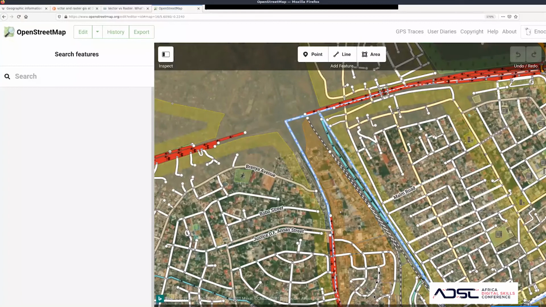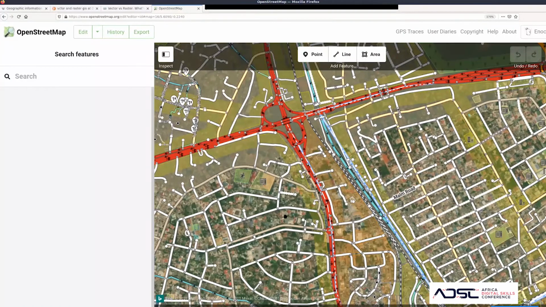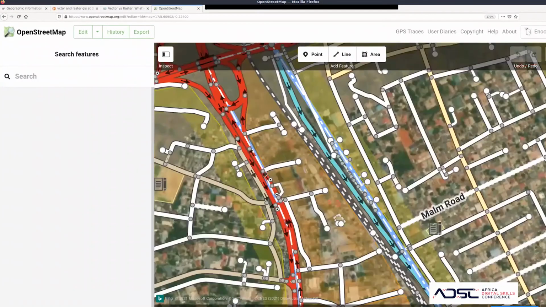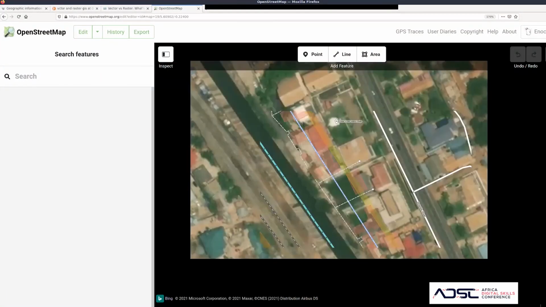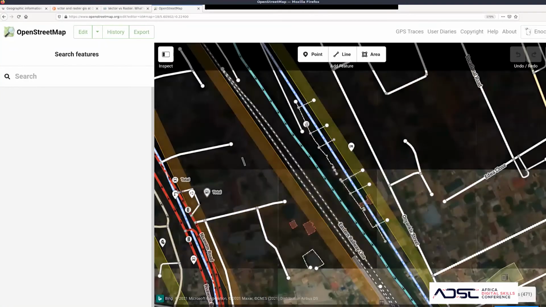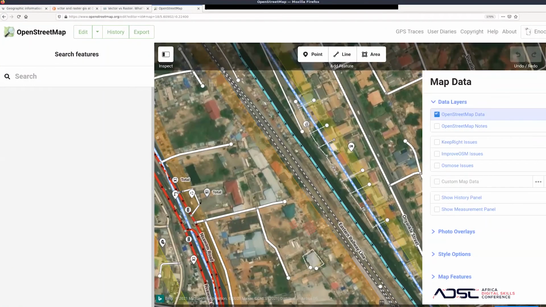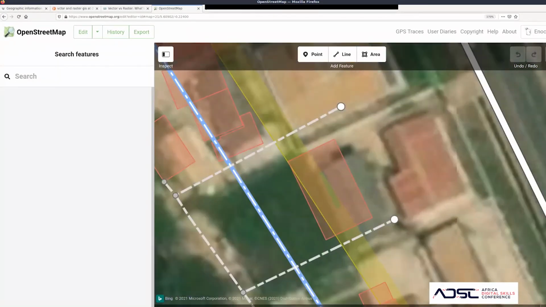But notwithstanding, at this scale, we still don't see buildings. So maybe you want to trace a building, you want to digitize a building from here. It is not safe. So you still need to zoom in because there are things that are hidden. It tells you here on the status bar, it shows you 471 hidden features. You can click that and a pop-up explains that the more you zoom in, the more details are